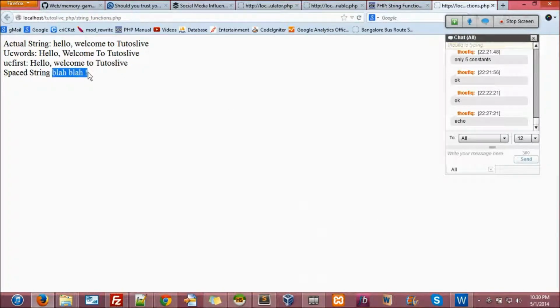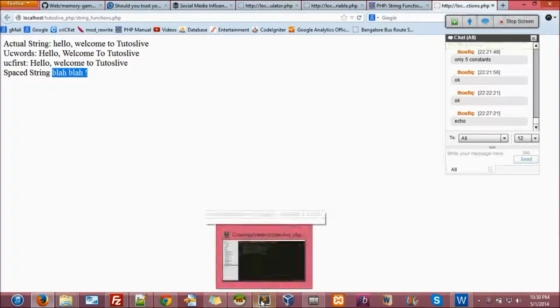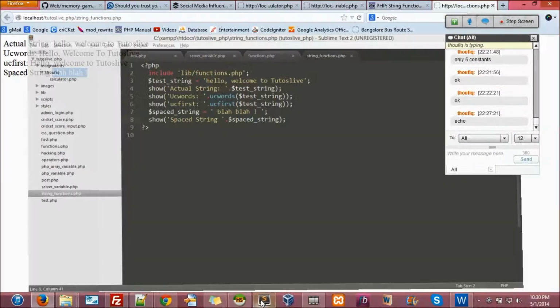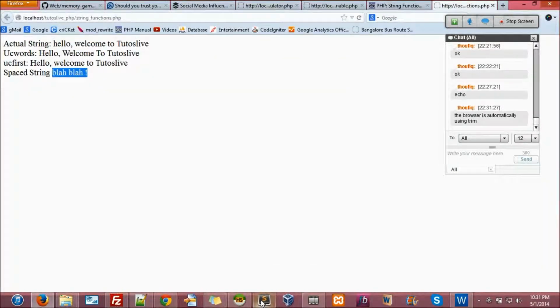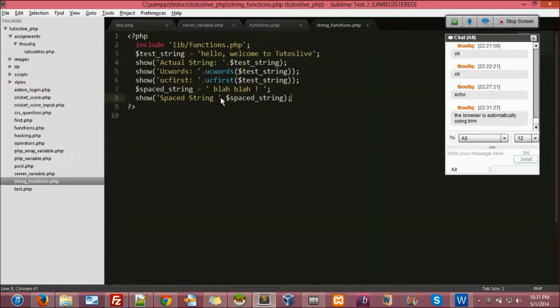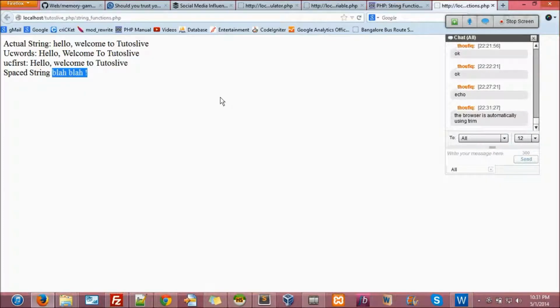Here there must be a space. No, the problem I'll tell you. Okay, I'll remove this space. The browser will consider even two spaces as a single space. Okay, I did not give a space here, so you see here, it still gives a space because there is a space.